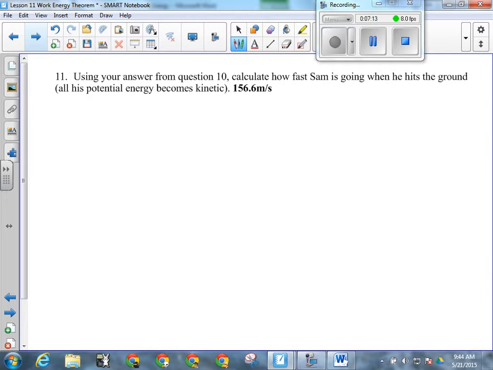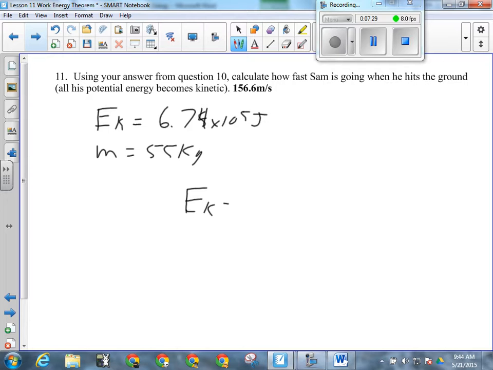Okay, so what I'll have then is that my kinetic energy equals 6.74 times 10 to the 5 joules. Okay, we still know his mass is 55 kilograms, and that's all we need to know in order to figure out how fast he's going when he hits the ground, because kinetic energy equals 1/2 mv squared. All right, so if I want to get v by itself, I just divide half of m over to this side